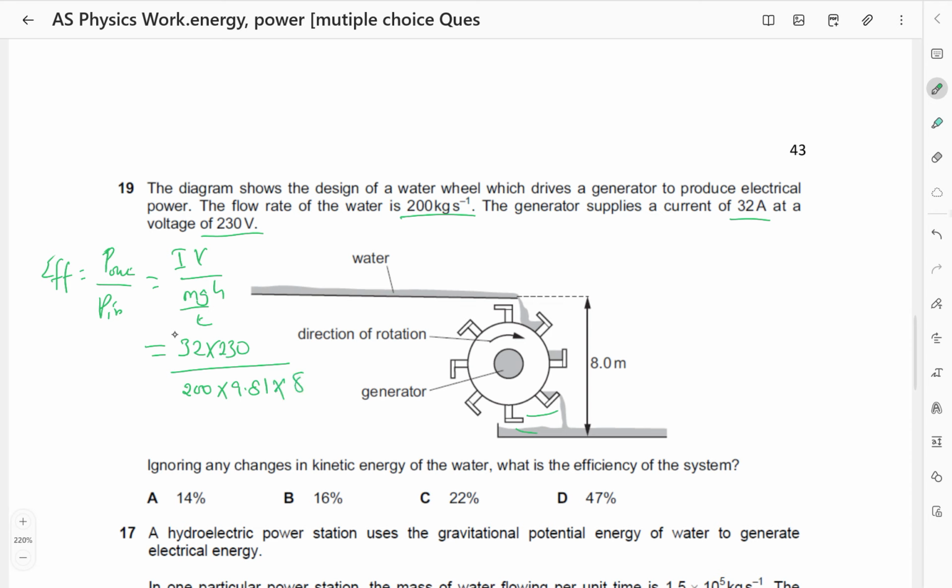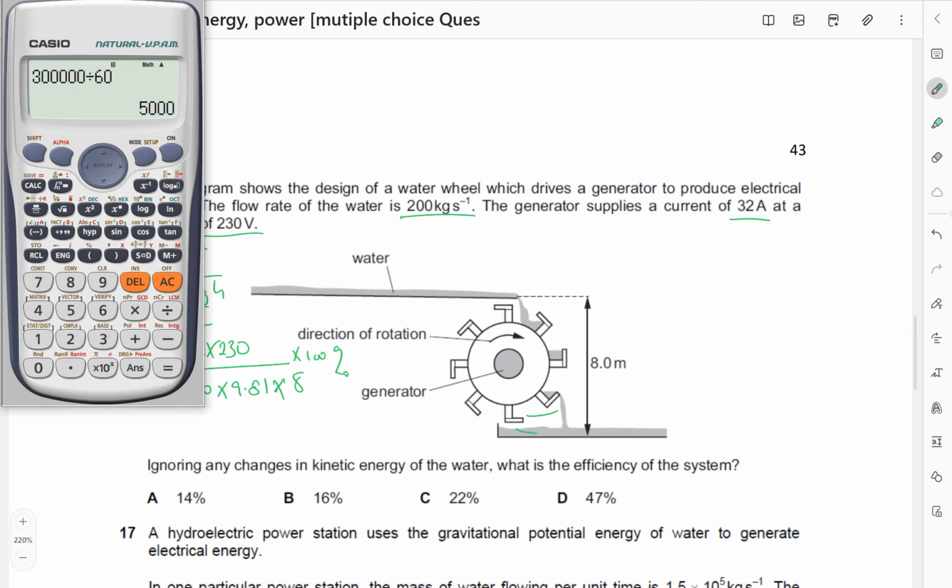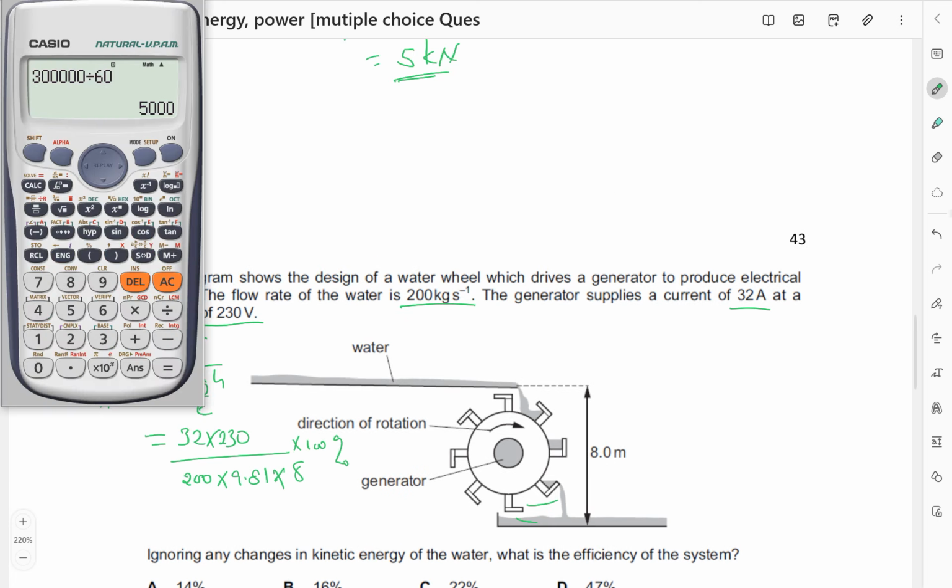So I'll press my calculator, and times 100 to make it a percentage. So this is 32 times 230 divided by 200 times 9.81 times 80, then times 100,